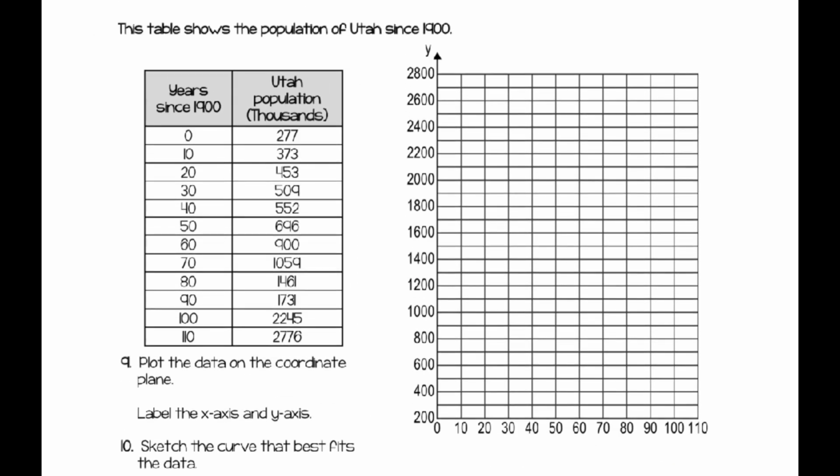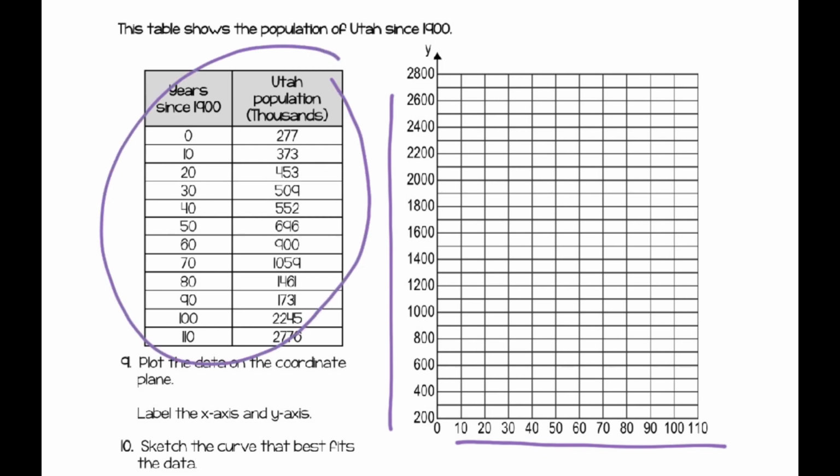Okay, for the next part, I'm going to pause the video and you are going to get your calculator. You don't really need to do the scatter plot on paper, but I have the scatter plot there because I want you to see how we're going to do our window on our calculator. So enter the data into your calculator and make a scatter plot on your calculator so that it shows you the points, and you can decide,